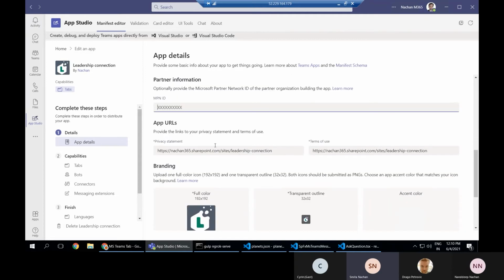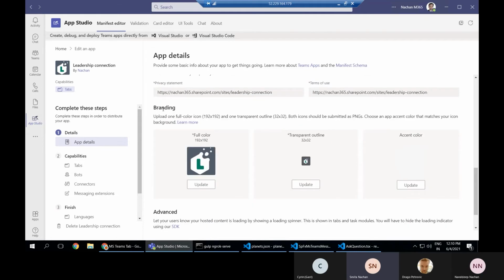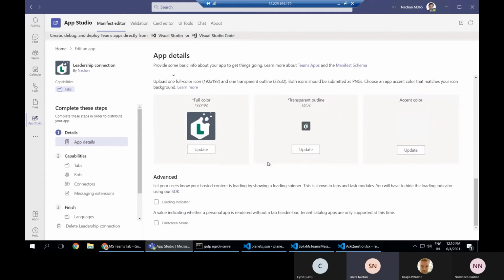And after that, app URL. So this could be a page in your portal. Then the terms of use. Also, this could be a page in your portal. Then there is an option of branding. So this could be visible on the app bar, left navigation, and in the app installation user interface. So you can see the branding guidance for the image and outline settings in the Microsoft Teams official documentation from